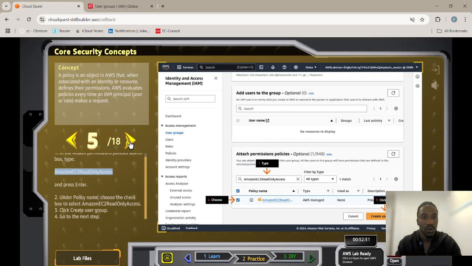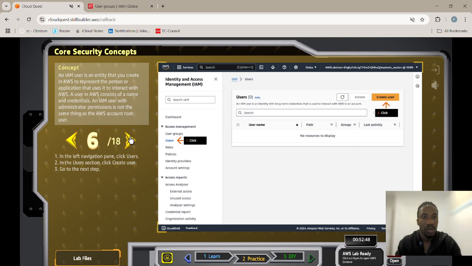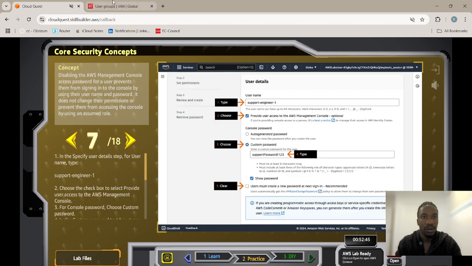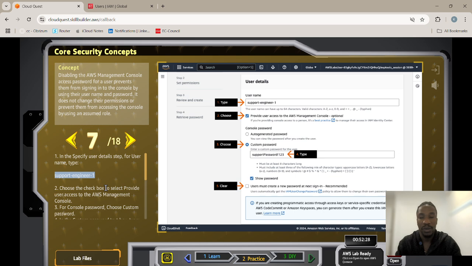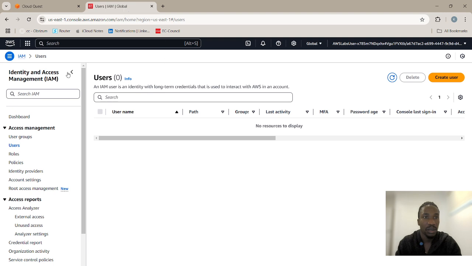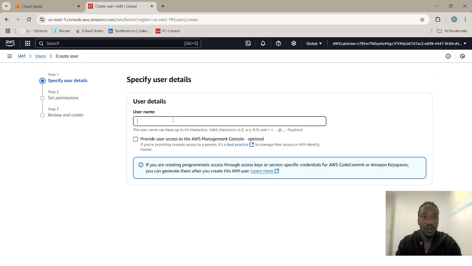And the next thing to do is to go to users and click on users and specify user details. So you create a username, support engineer 1. So the thing here is that IAM is the identity and access management system, where you create users. It shows you the whole steps to take,